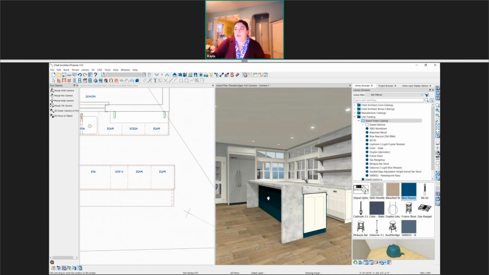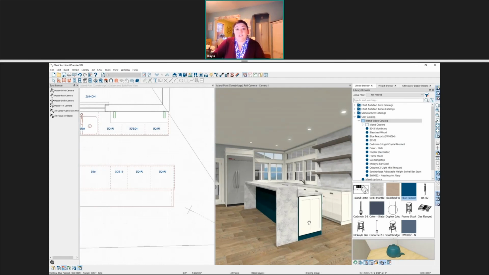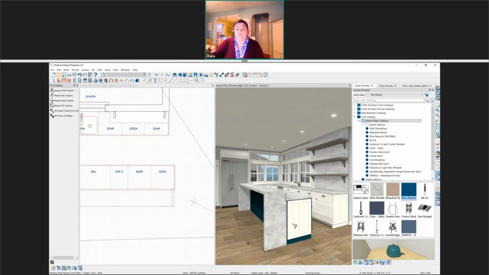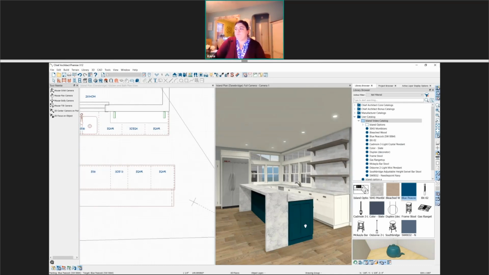It means that you can paste different color options onto the cabinets of the island and not affect all of the other cabinets, if that's what you want. So for instance, if I were to still be in room and change this panel, it would change every instance of that color throughout the room. So I'm going to switch over to Object, paste it just onto this one panel.